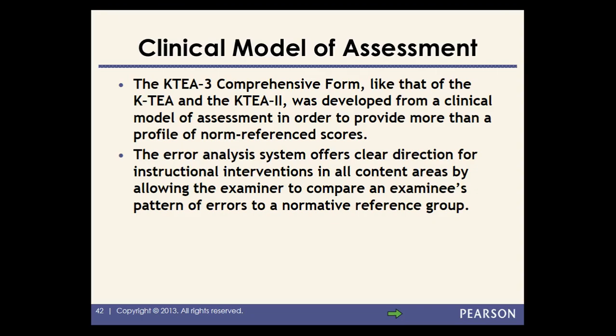So one of the benefits to using something like the KTEA, for those of you who have not used it, and also to the gentleman who asked about the WJ, is really to think about more than just norm reference scores, thinking about error analysis, being able to give yourself data-driven decisions for instructional interventions, how to actually think about what you should be recommending based on areas of strengths and weaknesses, and that's something that the KTEA-3 is very good at, being able to offer that type of analysis